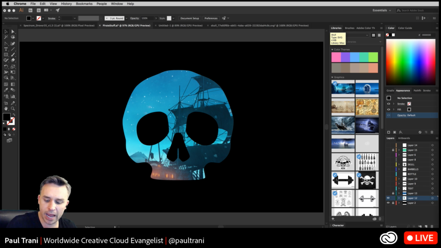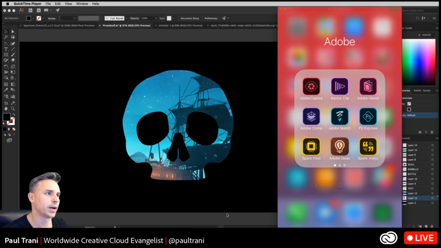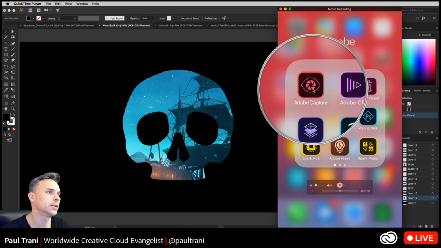And concerning the app for mobile, I'll just show you one more time, guys, and then I will be done because I've gone for 30 minutes. Let me check with my boss. Yeah, so let me show you that real fast. Just to point out that it's called Adobe Capture. You can see it right here.